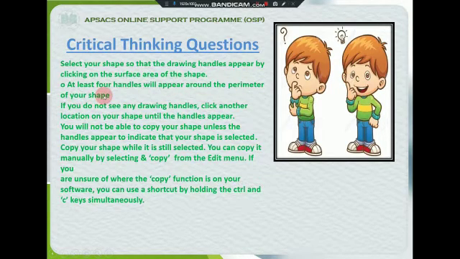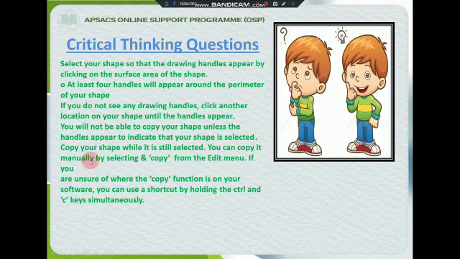If you do not see any drawing handles, click another location on your shape until the handles appear. You will not be able to copy your shape unless the handles appear to indicate that your shape is selected. Copy your shape while it is still selected.